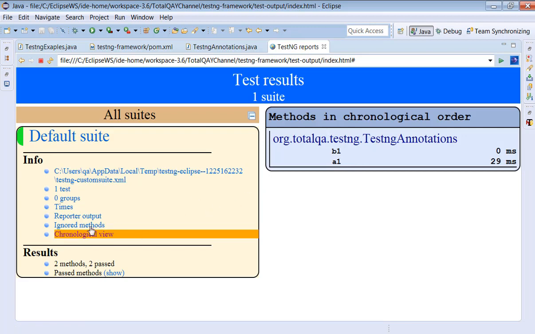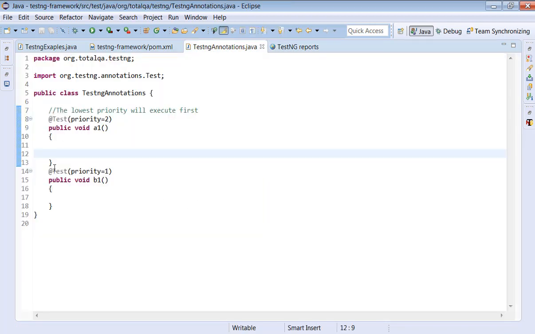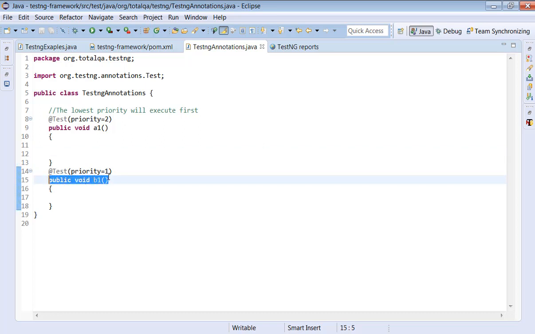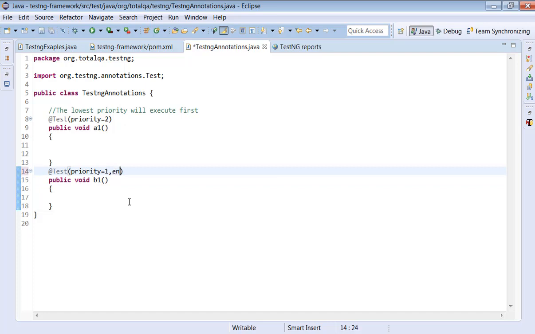Now, what are ignored methods? Let's look into that. Suppose, for example, I want to ignore this method. I want to ignore b1, not to execute this method. I will mark it as enabled equal to false. By default, enabled is equal to true. But when you mark it as enabled equal to false, this method b1 will be ignored.